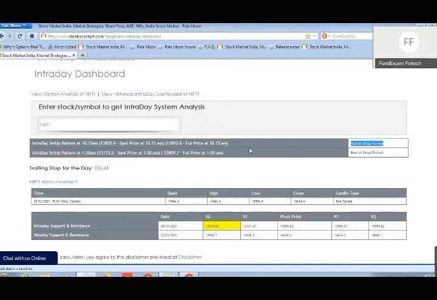Along with the entry point, it also shows the trailing stop loss value downside. Suppose, for example, I enter at somewhere around 13,855, my stop loss point will be somewhere around 104.44. Now you may ask me, this 10:15 I understand, but what about this 1:30 thing? It is showing the setup formation at two different time points, one at 10:15, one at 1:30.